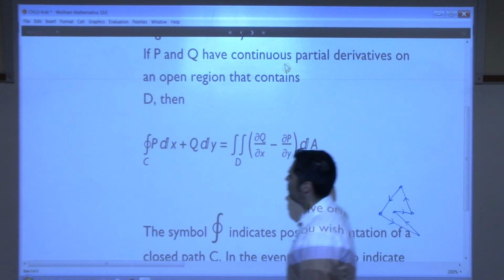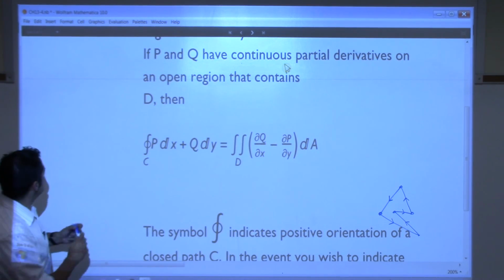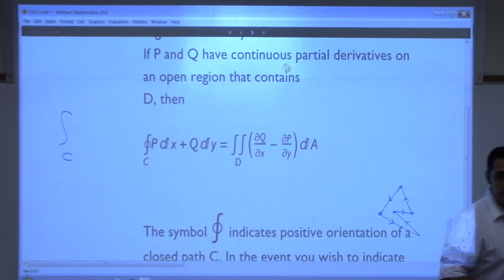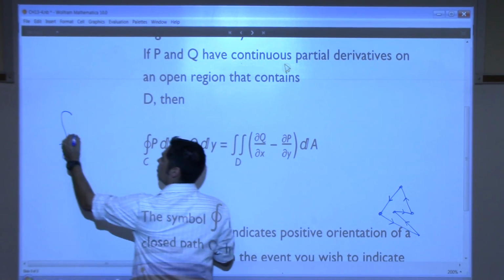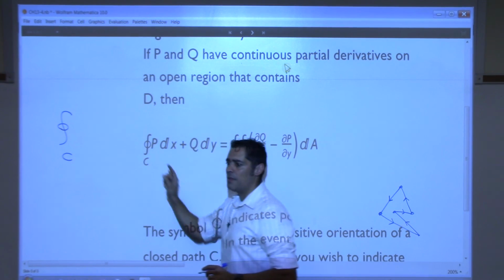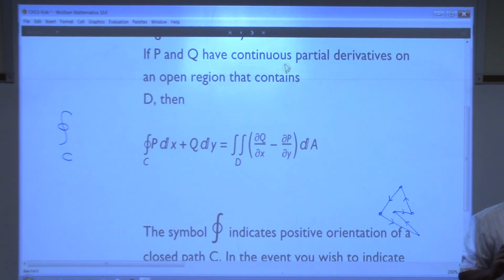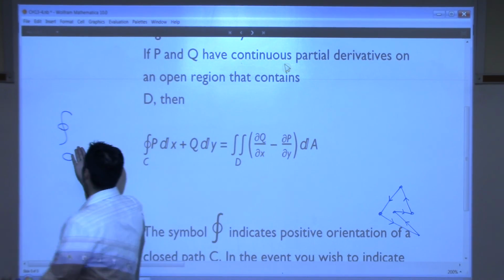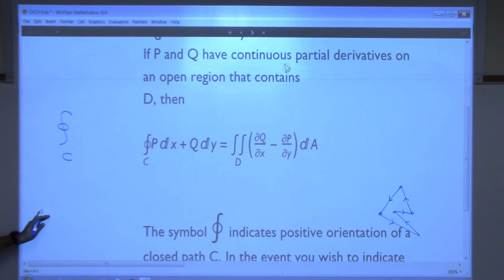Okay, so here's the notation we have. Remember, this was the line integral, and that curve could be any curve, right? If I want to tell you that it is closed, which means it comes back to itself, the initial point and end point are the same, then I draw this little circle through the integral like that, and that lets you know that C is closed. Also, there's no way that I tell you it's positively oriented. This is assumed to be positively oriented. If I want to tell you it's negatively oriented, going the other